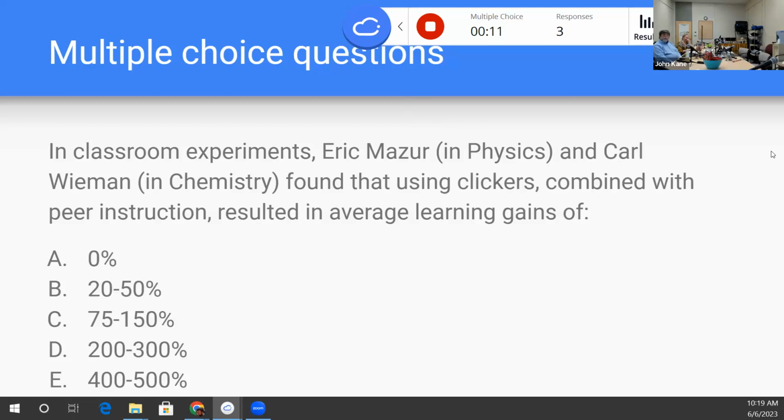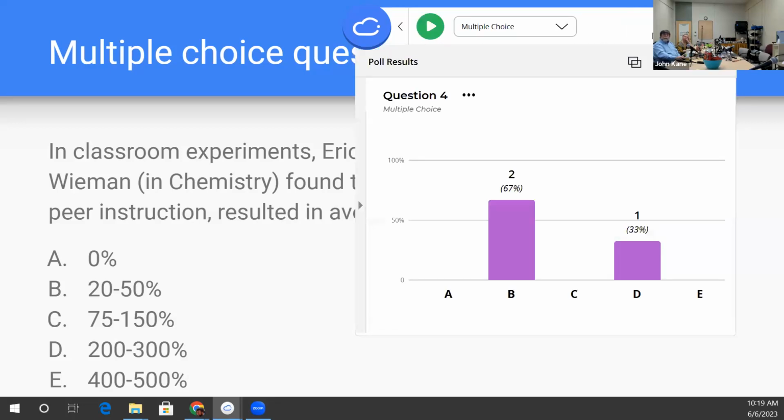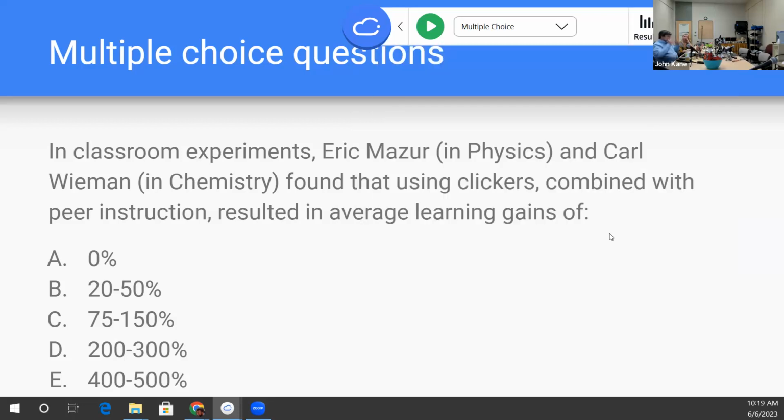And now what would normally happen is I would have the screen with the results on a display on the other screen so I could see what's coming in, and then make a decision as to whether people would discuss it again. But here we're just going to go through this and take a look. And we've got 2 people voted for B and 1 for D. So in fact, in their studies, D was correct, that in Eric Mazur physics found that the student learning gains